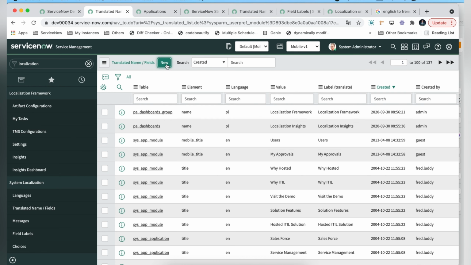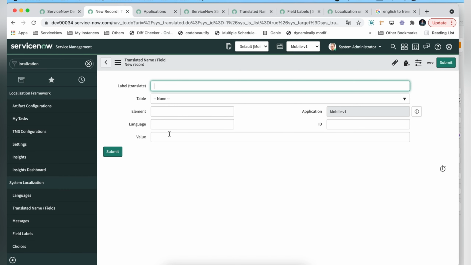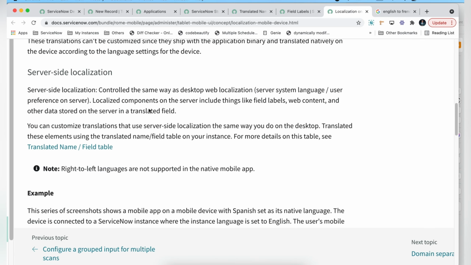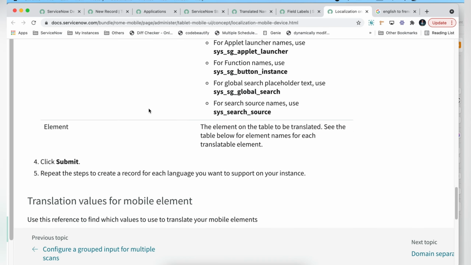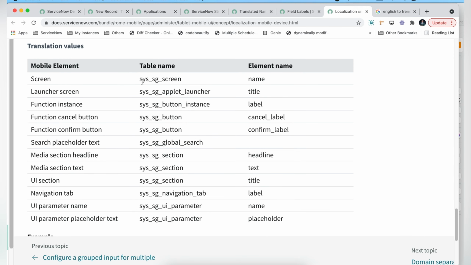The most important thing to refer to here is that ServiceNow has given one table to use to apply the language onto applets, form fields or the navigation bar. Let me show you. In this documentation they have already given the table, the translation values. This table is very useful in implementing localization. This is the table that refers to the applet screen, and this is the element name.